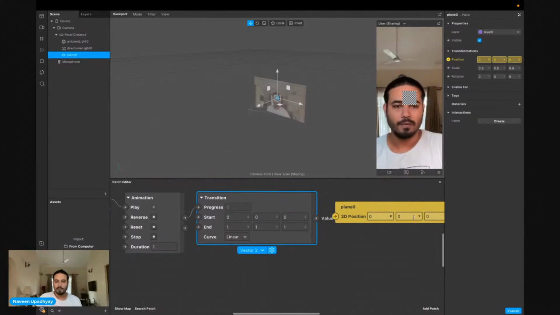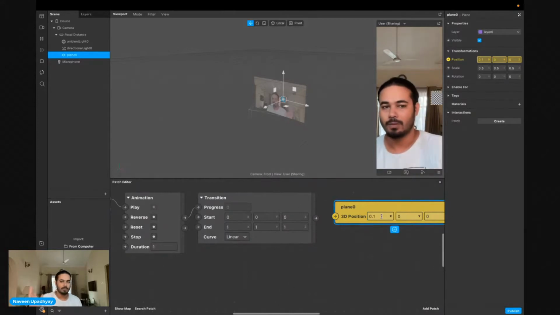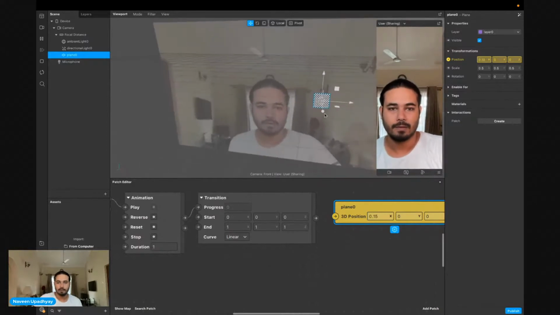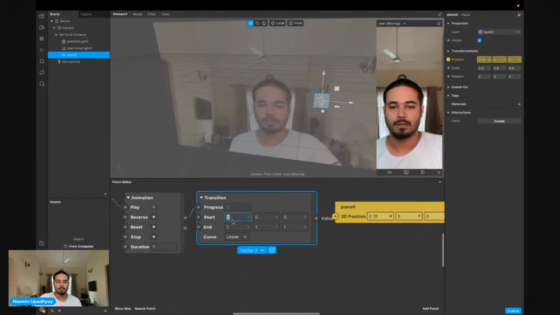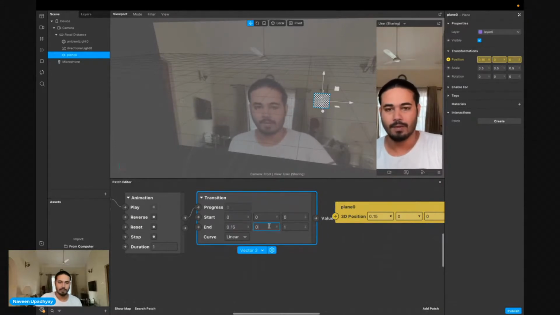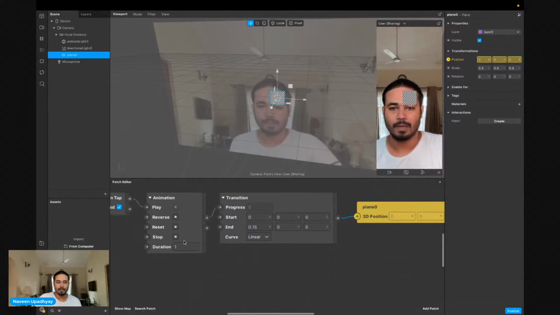Right now it is at the 0th position and we're moving in the X direction. So probably if I move it from 0 to, let's say, 0.1, that will reach almost there. Maybe 0.11 or 0.13. Still, at 0.15 it's completely away from the screen. So I'm going to go from 0 to 0.15 and leave the rest of the values at 0, with no changes. And when I screen tap, that should happen.